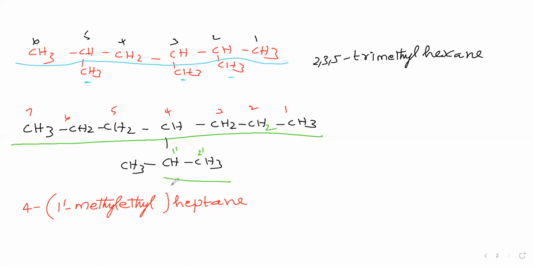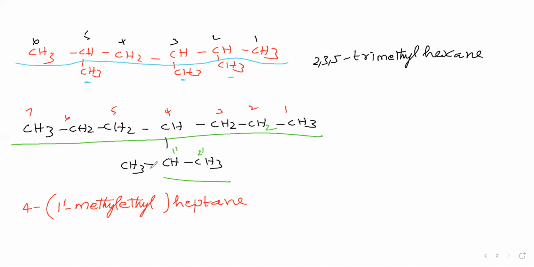So the IUPAC name of this one is this. We can say this one in another manner. In what way? This is the complex substituent. In this you see the second carbon. This second carbon is having 2 methyl groups. Left side 1 methyl group, right side 1 methyl group.